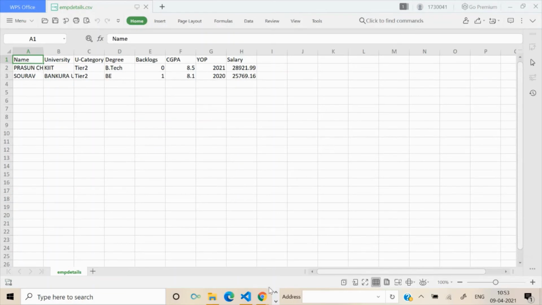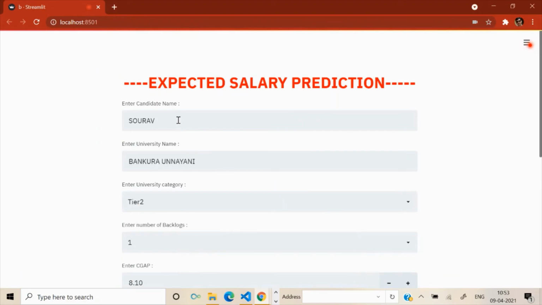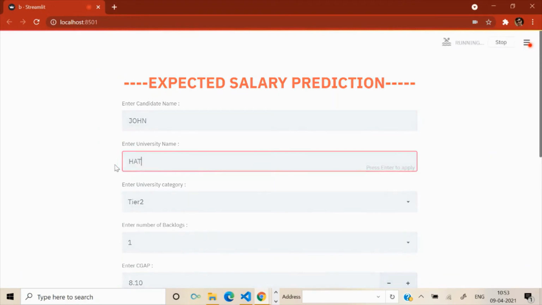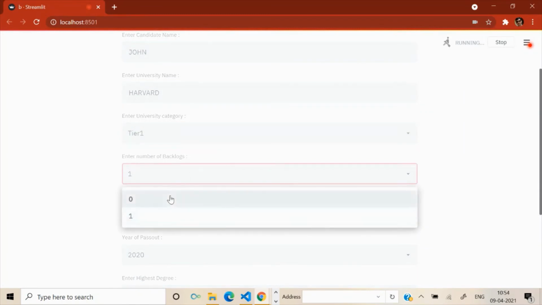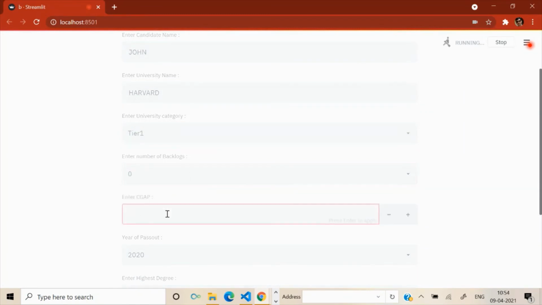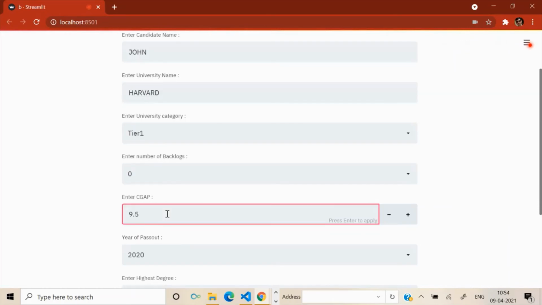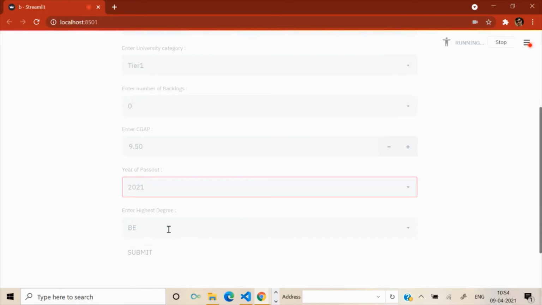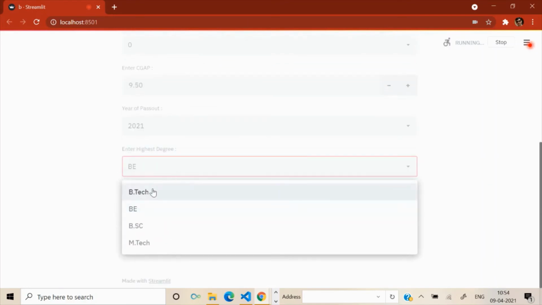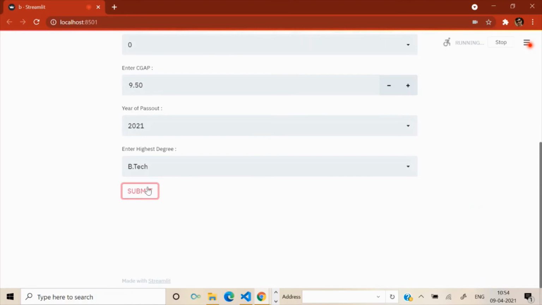So let's try with a new entry again. So there is a student named John. He is from Harvard University. Whatever. Let me fix it. And that is a Tier 1 university. He has no backlog. He is having 9.5 CGPA. He's a topper guy and took a 21 pass out, and he has also done BTech. Submit the details,